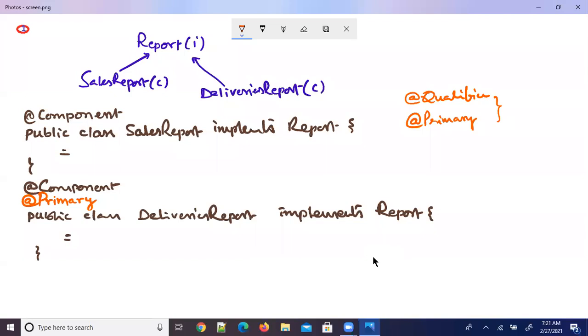Right. So let's start with the point here. I would like to tell you one thing. If I write @Autowired, I can use Autowired at field level.